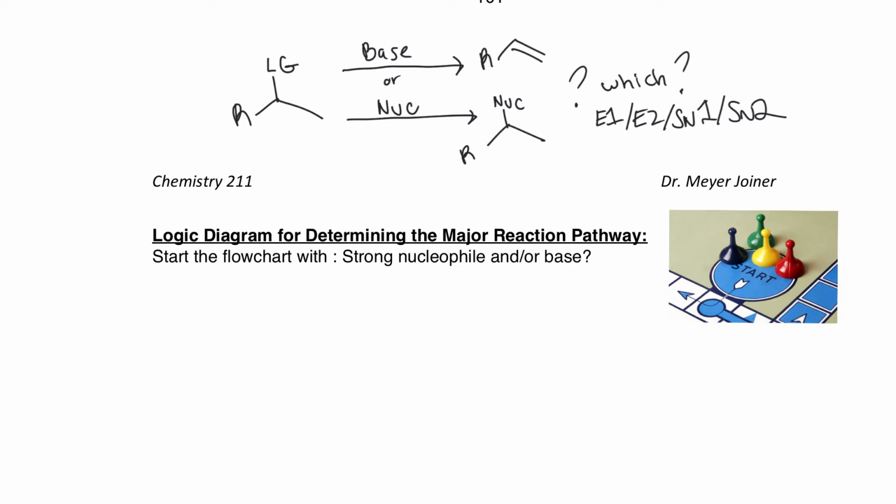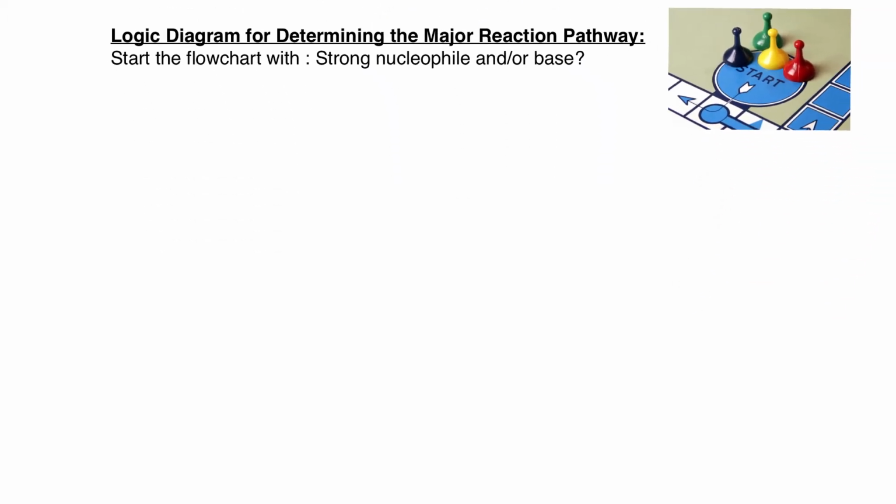So we'll kind of set up a flow chart, and then we'll have a shorter checklist to condense it a bit, because a flow chart's not something we could write every single time we do a problem. But it helps to kind of cover our understanding in the beginning. We're going to look over the arrow, and we're going to say, is what's over the arrow a better base or a nucleophile, or do we even know that answer yet? Well, in terms of its base or nucleophile and its strength, we're going to ask that question.